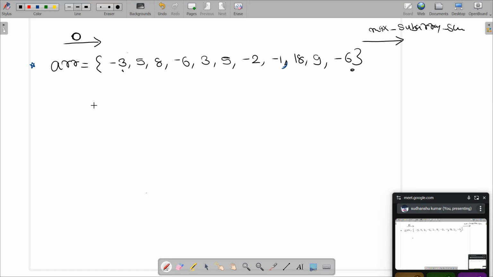Let's say that instead of -3, here we have 2, and here we have -8. Now this train will move forward, so initially my sum is 0. When I move one step forward, my sum will become 0 plus 2, so it will become 2.